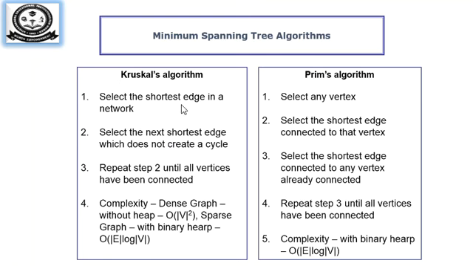If you are using a binary heap, then your complexity will be O of E, the number of edges, log V, the number of vertices. If you are not using the binary heap implementation, then it will be a dense graph. Then all the vertices and their adjacent edges, all the vertices and their edges have to be considered. So each pair should be visited separately. So you will have V square as your complexity.